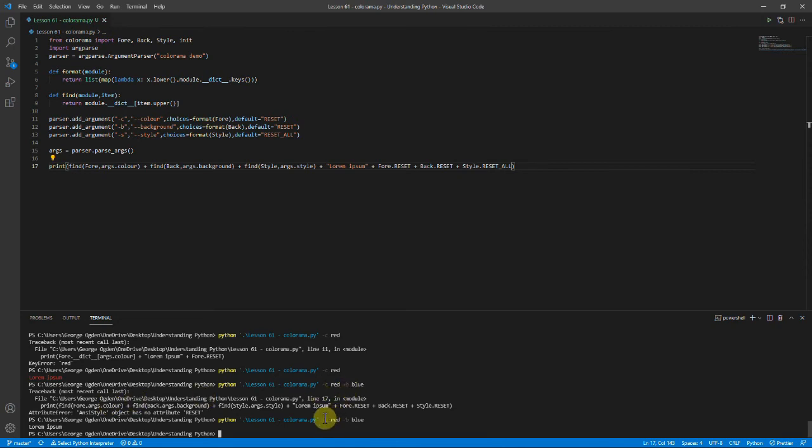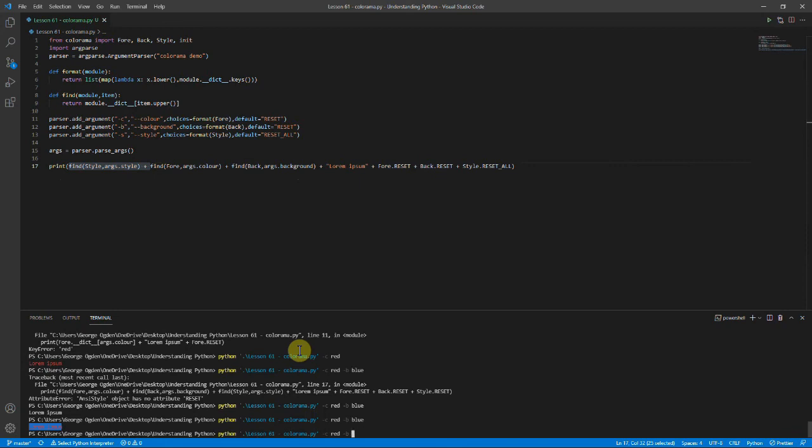However, when we run it with the color red and the background blue, it's not worked, and that's because the style is reset all. So it's printed it in red, printed blue, and then said reset everything. So we actually want to put this first. And you see, if we then take out these and just, for example, put -s bright,